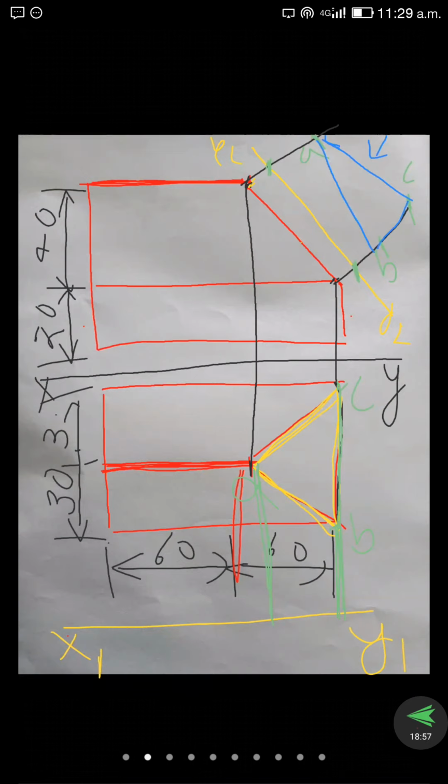Madam, from where do we cut those points? From x2 y2? First we take the distance from A to this point. Yes madam, take the distance and mark from x2 y2. Okay. Then next x2 y2.